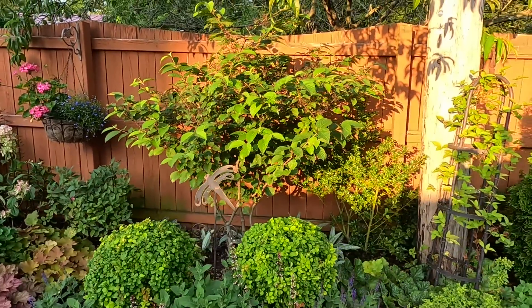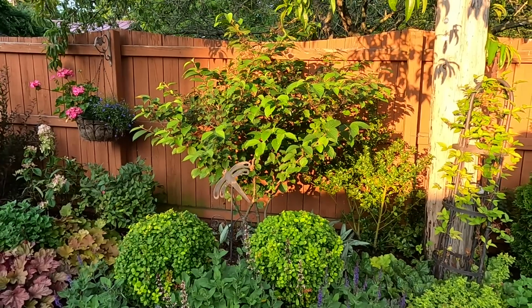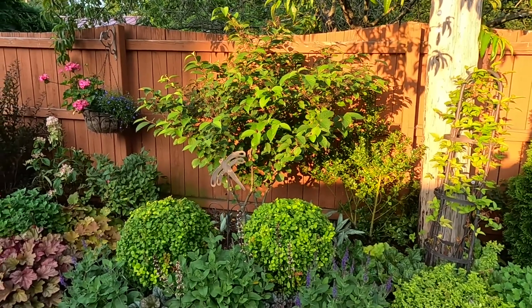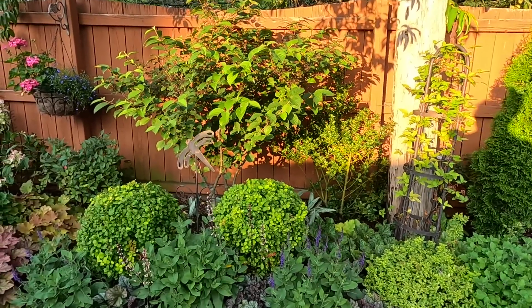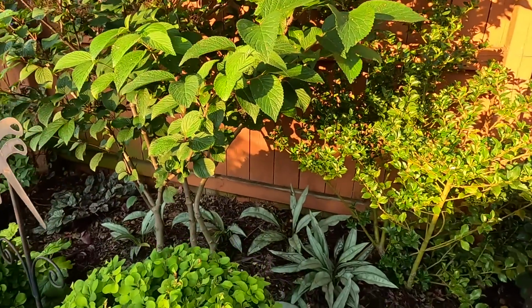The viburnum is still looking good. I actually did a root drench of it with a systemic insecticide recently because I noticed some viburnum beetles on it, and I really don't want it to get decimated the way the two are that we had to take out this spring. But you'll also see back behind it we have that